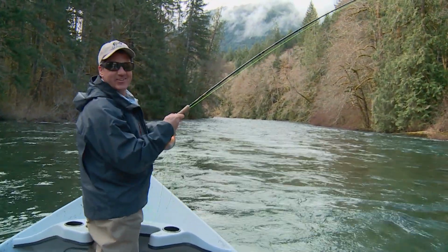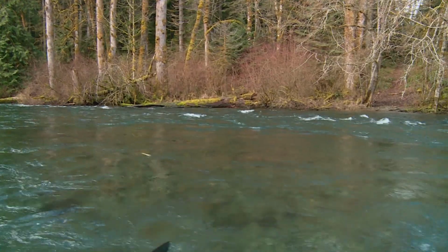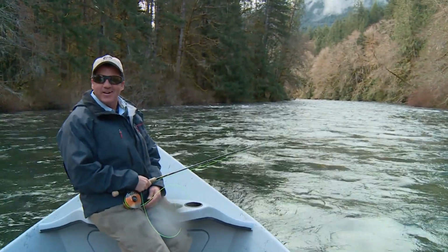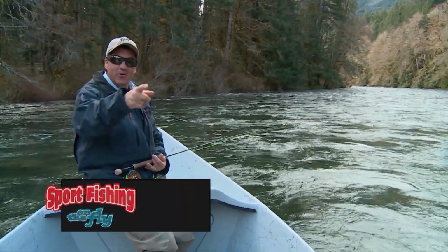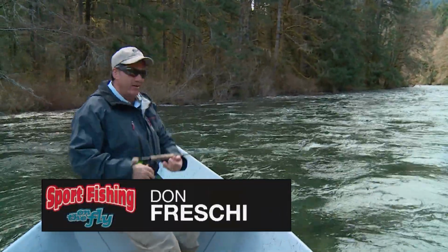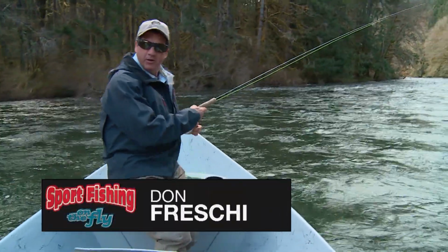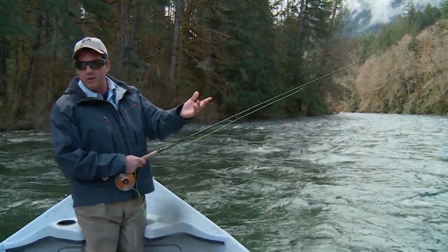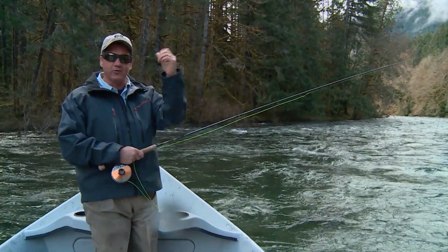Right on the edge of that stick, right where you expect him to sit, and that guy came up and hit it. Oh no, and he just unbuttoned. That was a nice brown, but you know what? That's all about the cast, isn't it? I saw that little spot right on the tip of the wood. And you dropped it there. Dropped it there, but you take that chance. I could have hooked up on the wood, whatever,